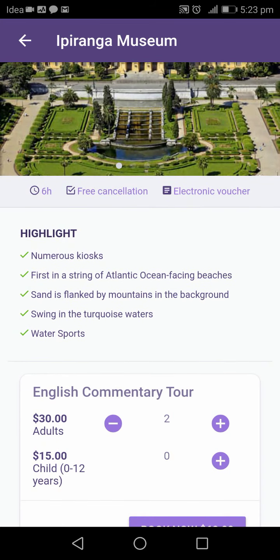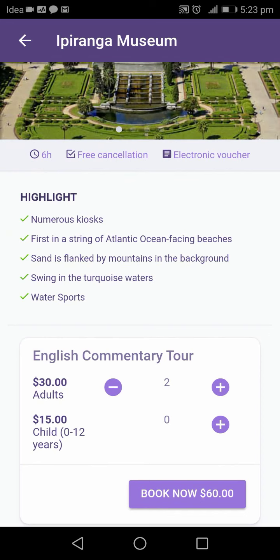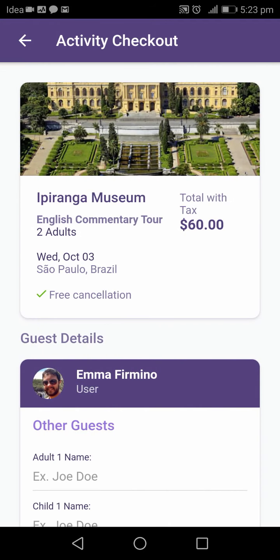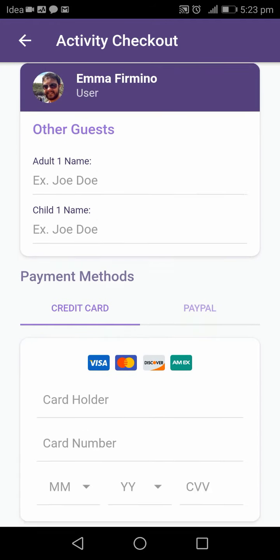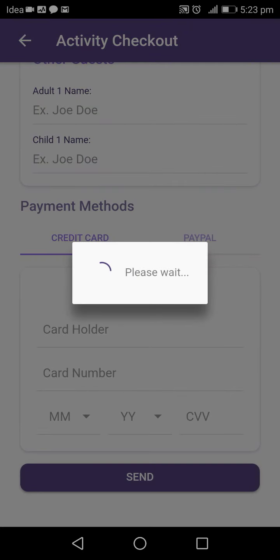He will need to book the activity, in which the application will ask the user to select the number of adults and children performing the activity, based on which the system will give the total amount to be paid. Again, we will call the third-party payment gateway and data will be passed. His booking will be done and the user will get the notification.